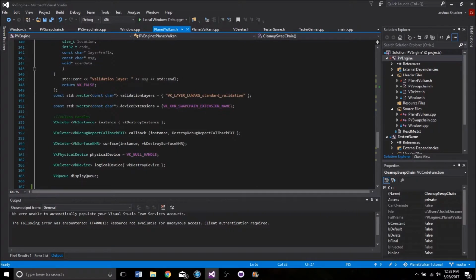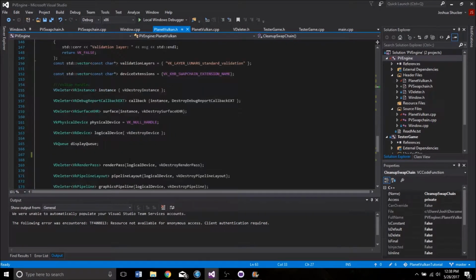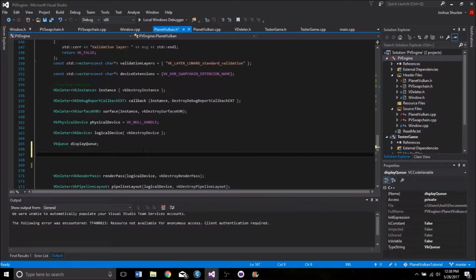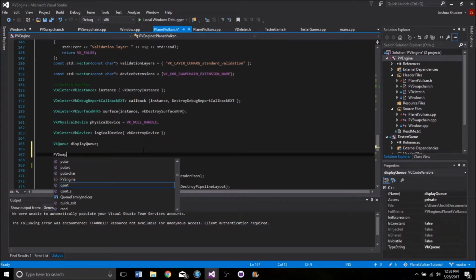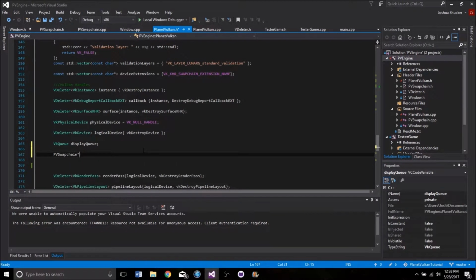You know what, I think I pulled it out of here when I moved it over into pvswapchain.h. So what we're going to do is we'll just put it right here underneath the display queue. So we're going to make a new pv swap chain pointer and call it swap chain. So we're creating a new instance of the pv swap chain object, and obviously we have to include that or